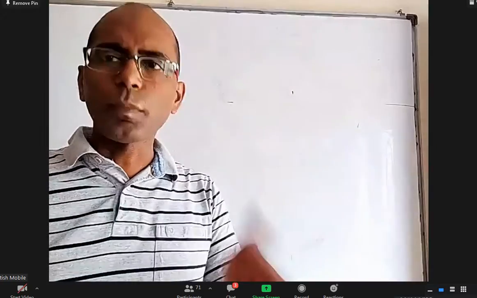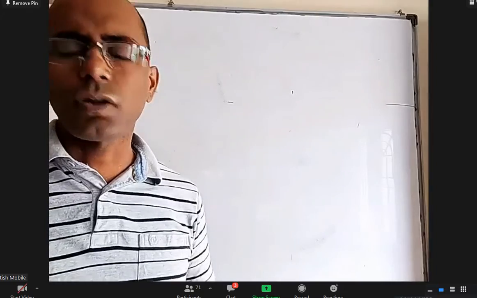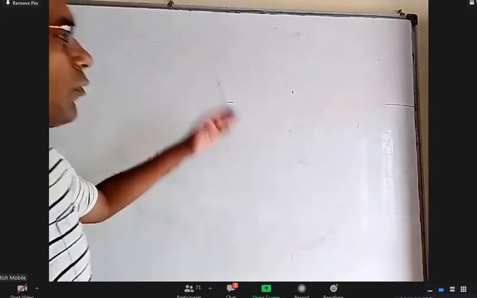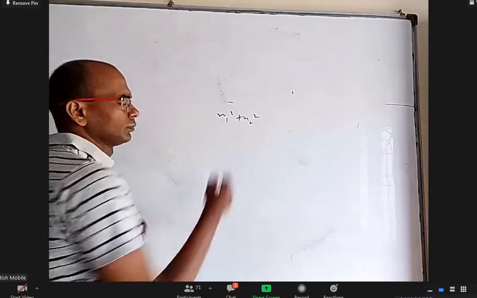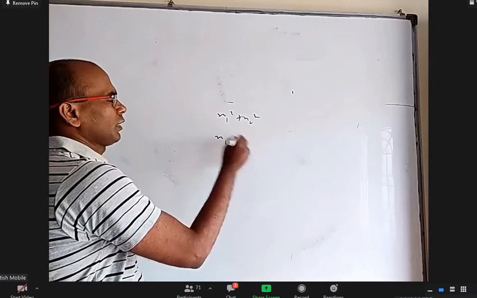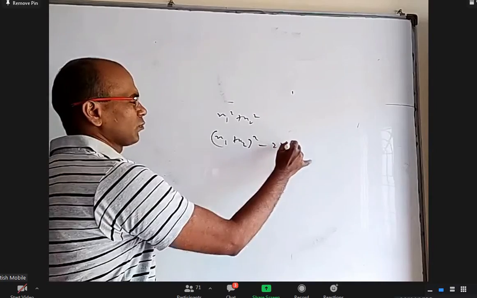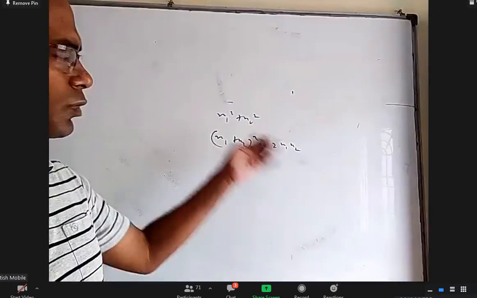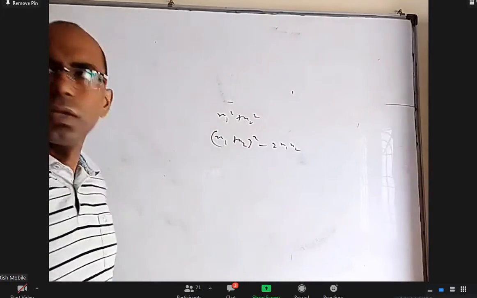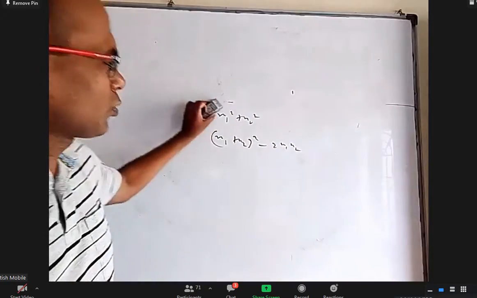So I can give hundreds of questions. I can tell from an external point two tangents are drawn. Sum of the squares of those tangent slopes is constant. And you find, how will you find m1 square plus m2 square? Say m1 plus m2 whole square minus 2 m1 m2. You know this and you know this from the quadratic and substitute it, you'll get the locus, right? So just like this only, we'll do two more questions.